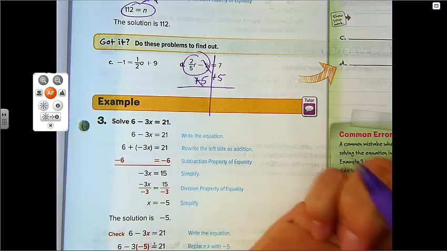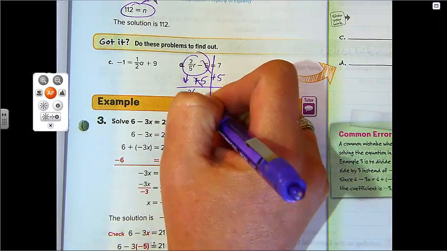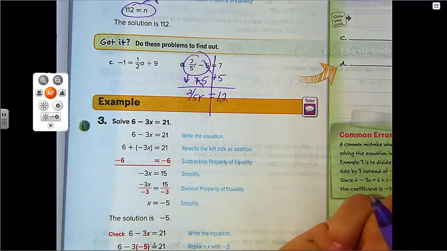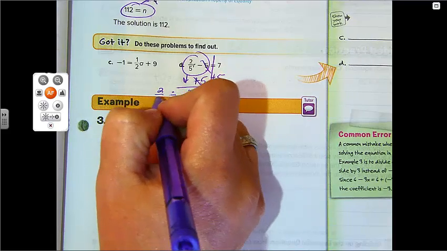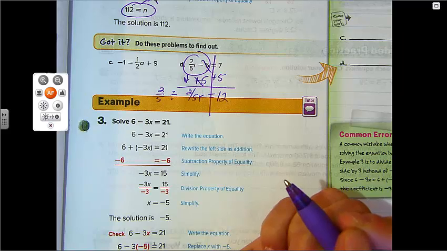My 5's then are gone. Bring down your 2/5 r. 7 plus 5 is 12. And now I'm going to divide by 2/5, but remember, whenever I divide by a fraction, I'm actually multiplying by